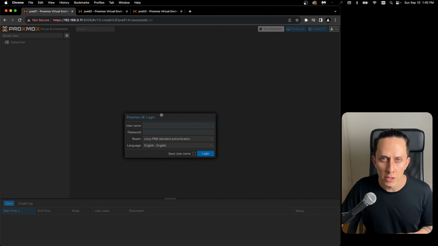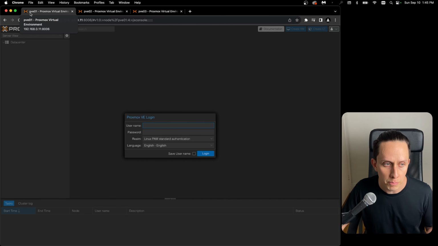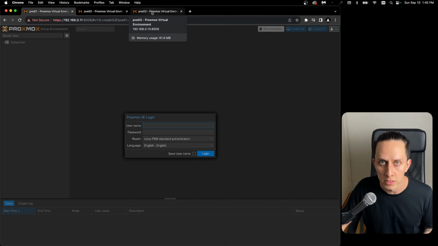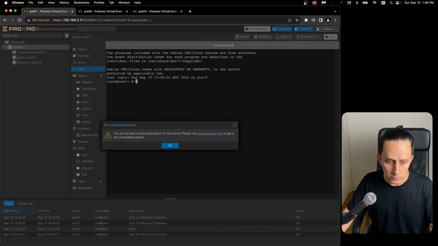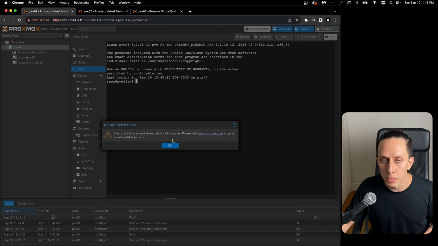So I have prepared 3 nodes here. This is just called PVE1, PVE2, and PVE3. First thing we do is we log in. So this is the root account that you created during the installation process. It's normal that you don't have a subscription, but we're using the community edition, so the repos are already set